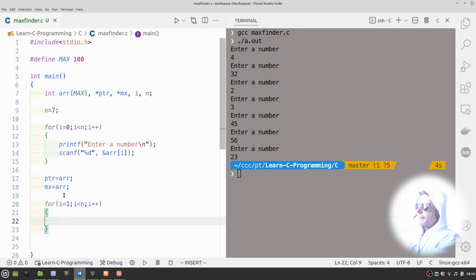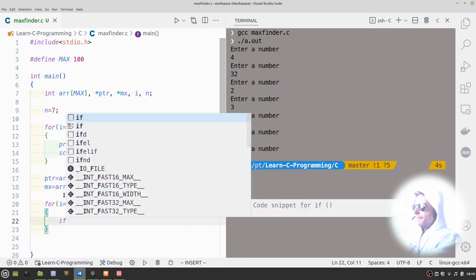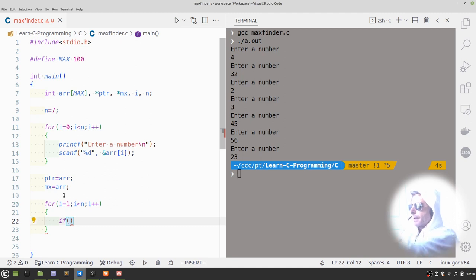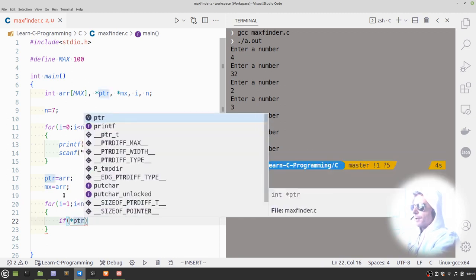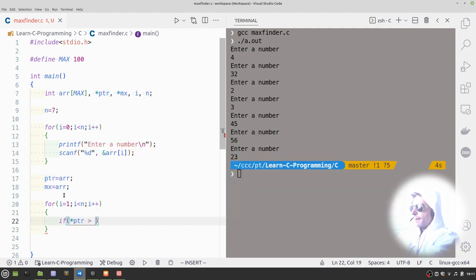So we're going to go through this loop 8 times, 7 times even. And what I'm going to say is, if the value of ptr is greater than the value of mx,